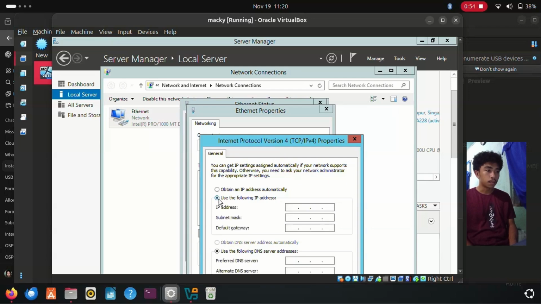You can click the Internet Protocol version 4 and then click the IP address, then enter the subnet mask, and then the default gateway. Finally, which is 10.0.2.2.